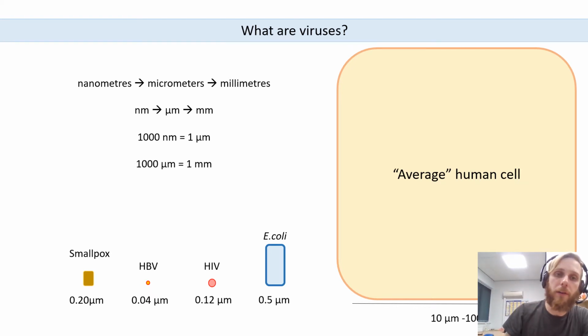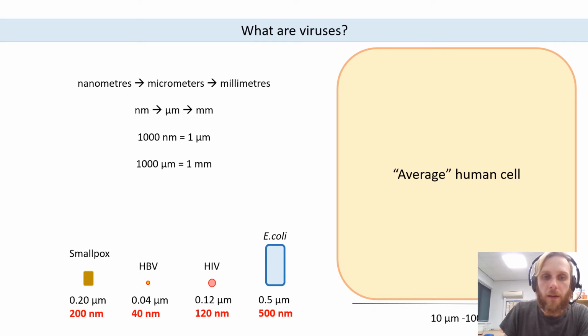We also have a unit called nanometers. Nanometers is even smaller. So what micrometers are to millimeters, nanometers are to micrometers. So just like 1,000 micrometers equals 1 millimeter, 1,000 nanometers equals 1 micrometer. This is important because when we're talking about viruses, we usually talk in terms of nanometers, and I'll explain the reason for that now. If you look at the bottom, you'll see if we switch from micrometers to nanometers,